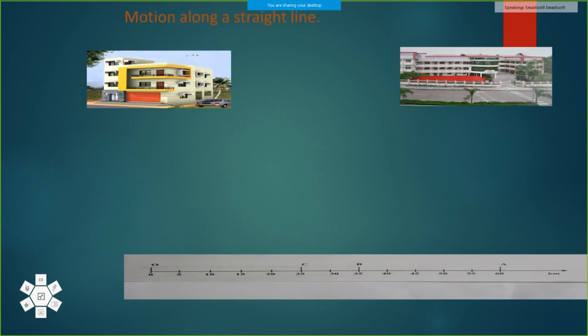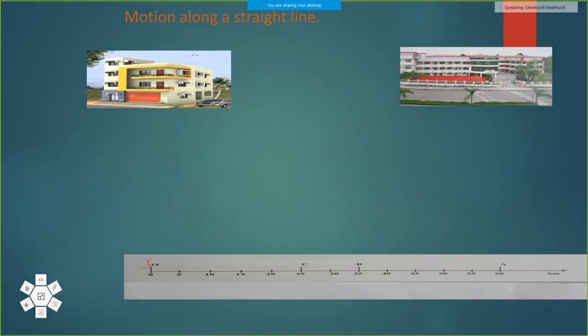Okay. Now here you can see a scale. So this represents a straight line motion, and here this O is the origin. A particle is starting and it is moving in the forward direction, and if it reaches the position A, the total distance travelled will be 60 kilometer. And after some time it comes back to B. B is this point. Then what is the distance travelled? It is 60 plus 35, that is 95 kilometer it has travelled.